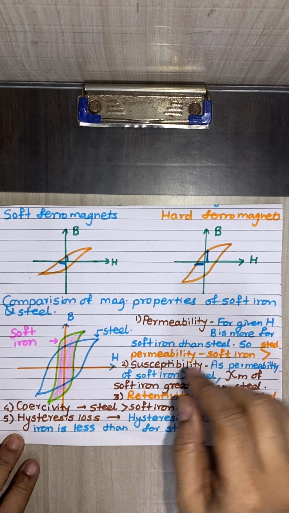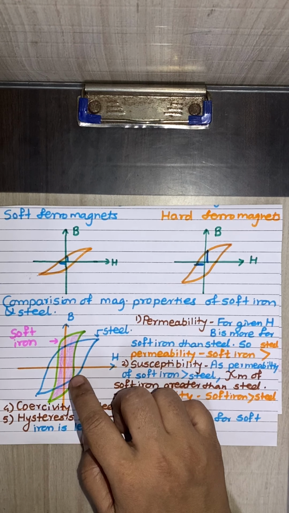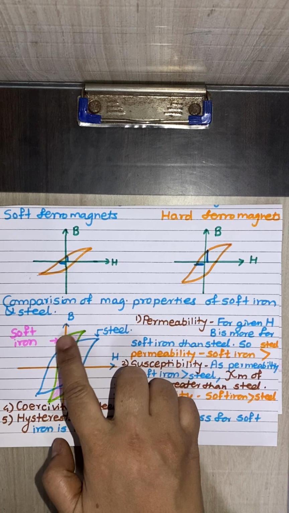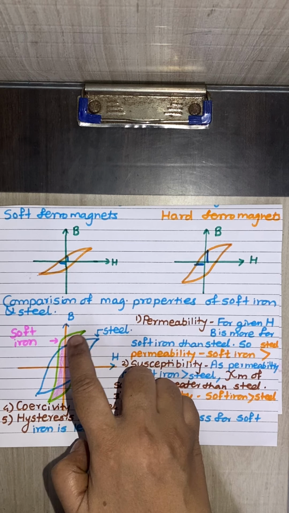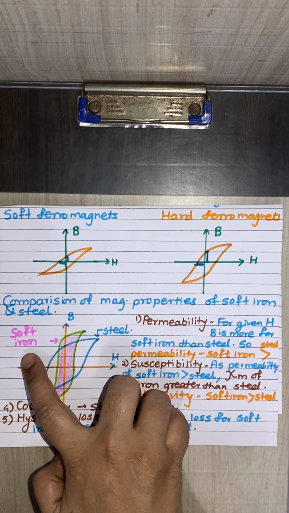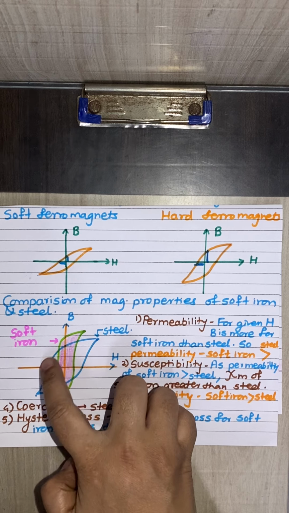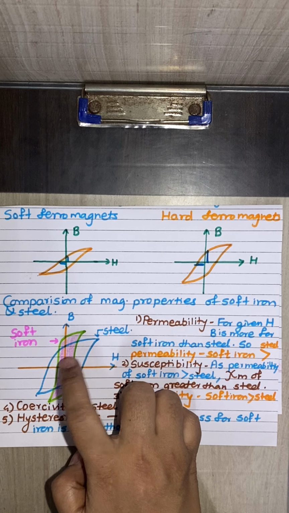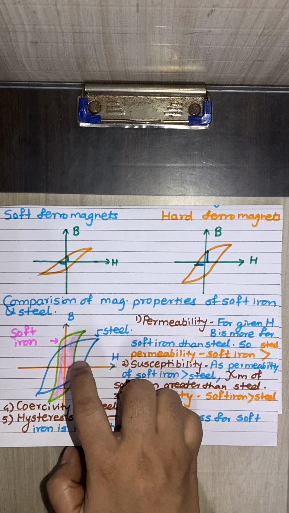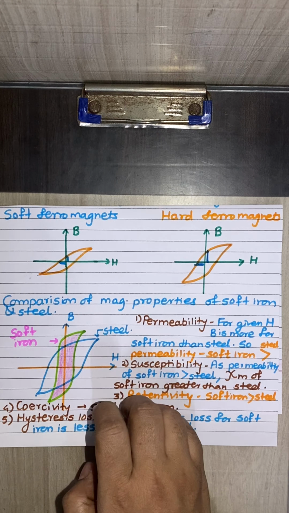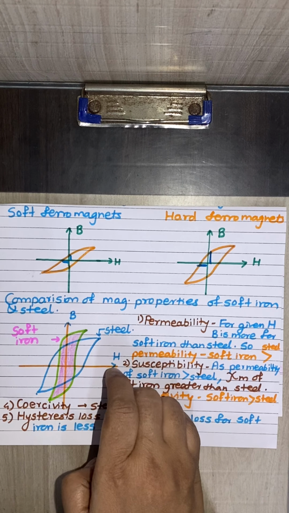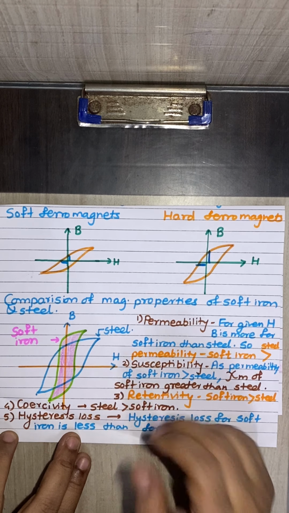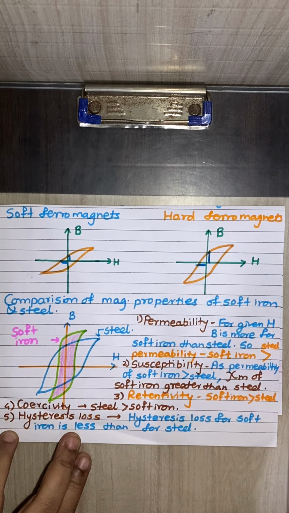Okay, and for that, this curve is showing the hysteresis loop for the soft iron and the steel. The green color graph, which is filled by the pink color, is the graph for the soft iron. The blue color wide hysteresis loop graph is for the steel material. So both graphs are in one diagram so that we can compare them easily. Now we have this information regarding B versus H. Now one by one we will consider the properties and find out.